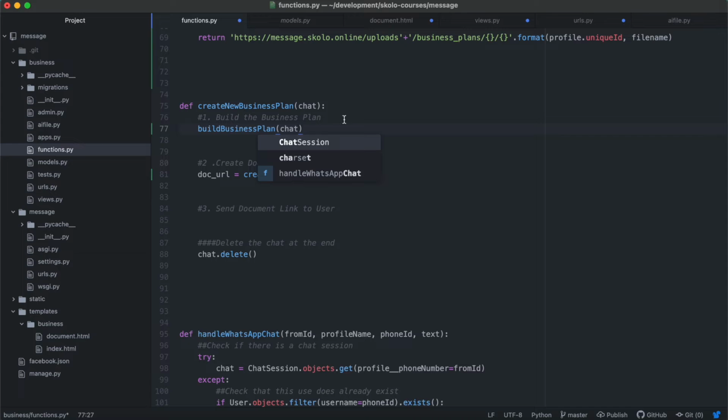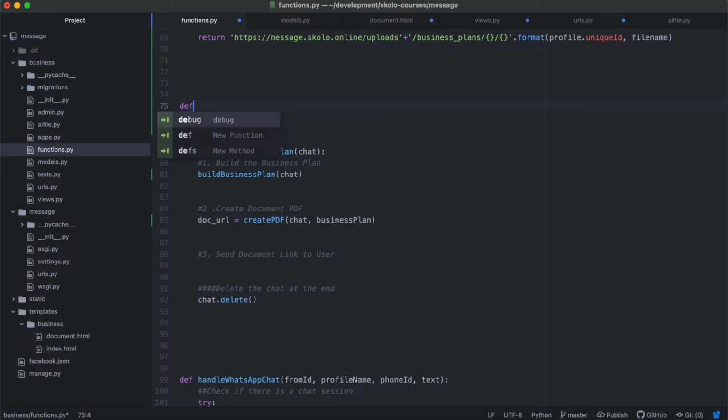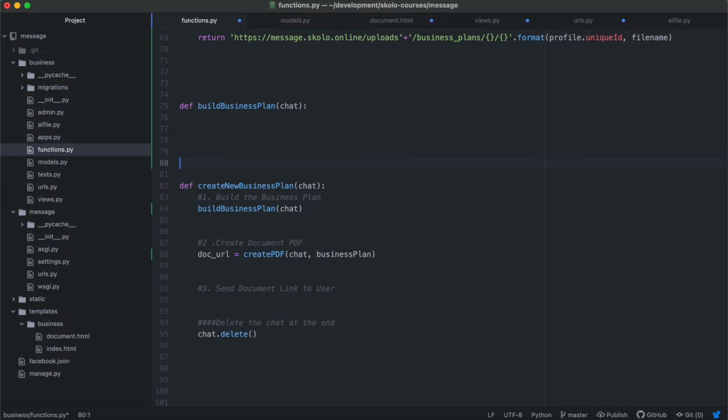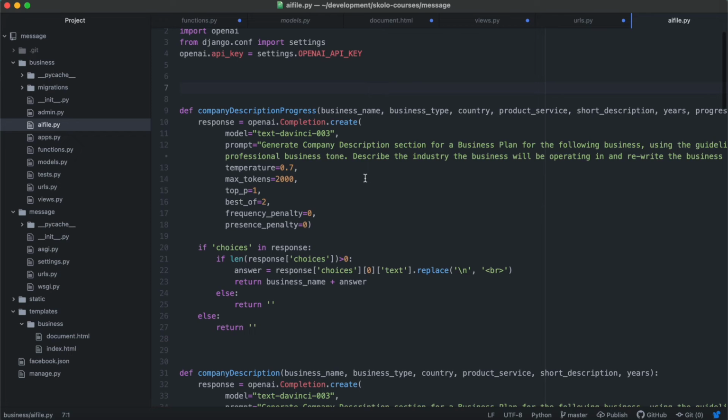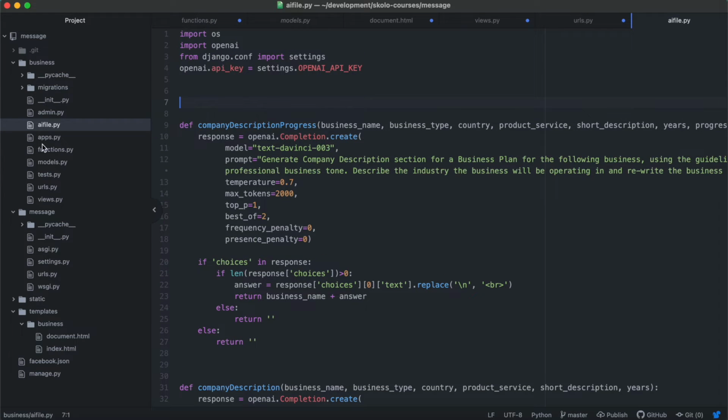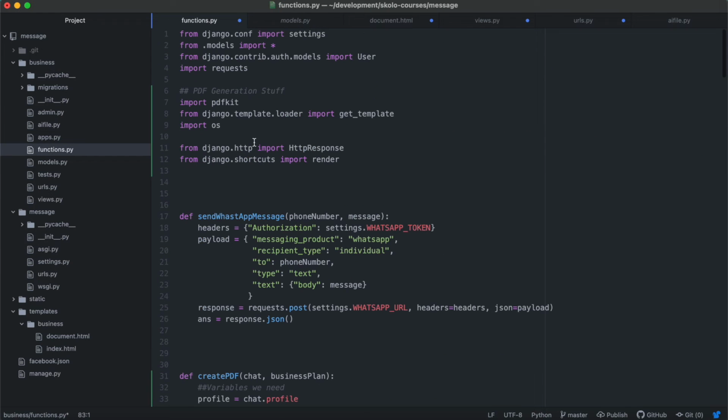Okay, so this function, I can have it in here, build the business plan. And to build this function, of course, we're going to need a lot of the variables inside of the AI file. Okay, so all of this AI file, we need to import it into our functions. Okay, so I'm going to say from